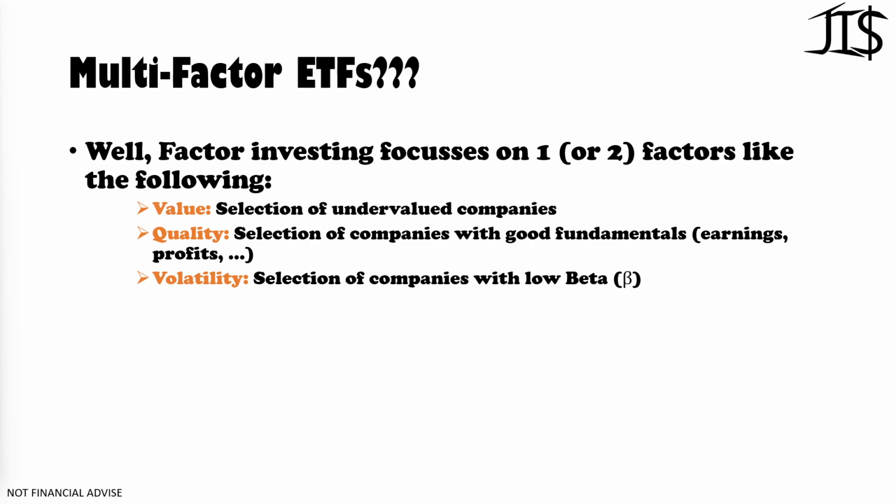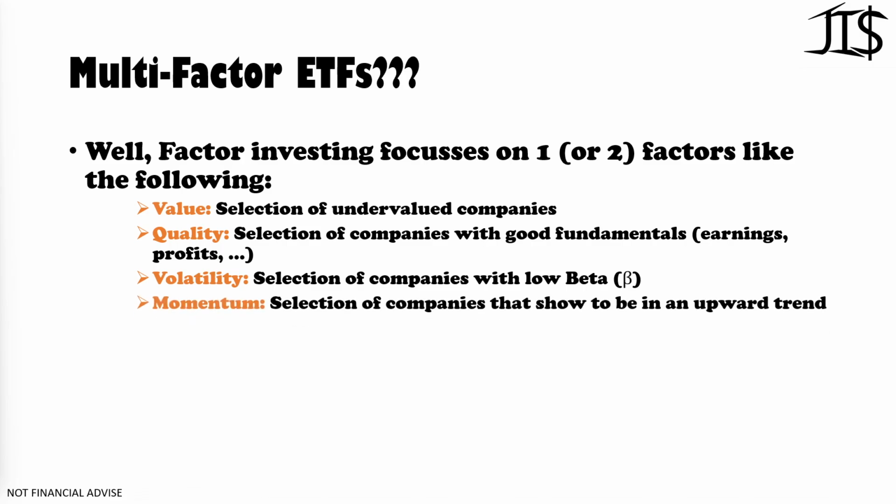But overall, when you select companies with a low beta value and when you invest then in an ETF that focuses on that criteria, you're well diversified, and overall that basket of companies is going to move less up and down compared to the overall market, so you have less volatility in your investment vehicle.